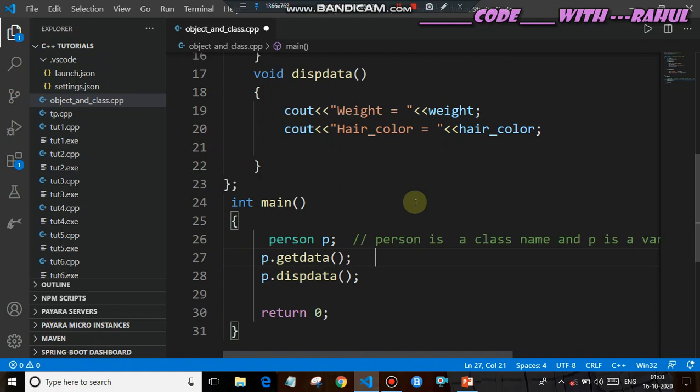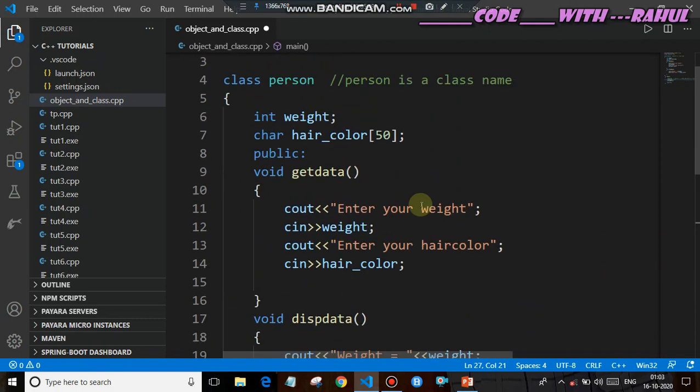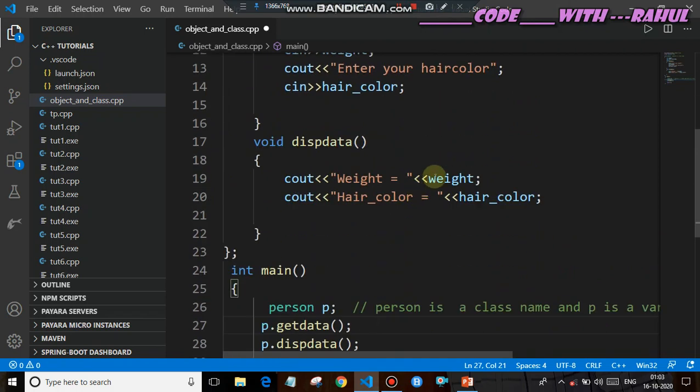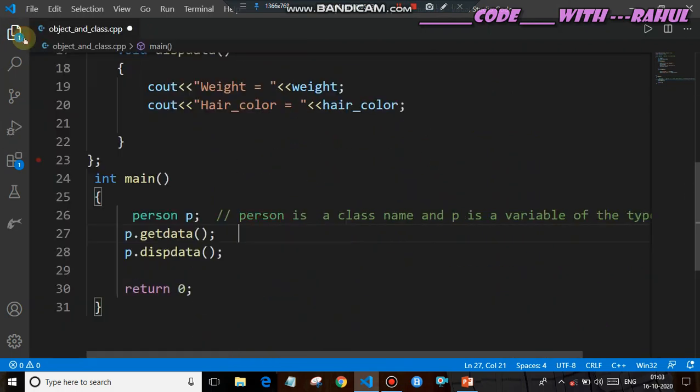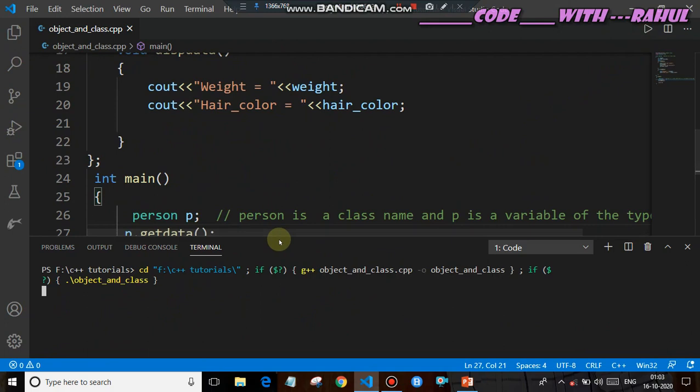Now just see this program again. First of all, save this program, and then run it and see. Enter your weight, about 10, and hair color pink. Weight